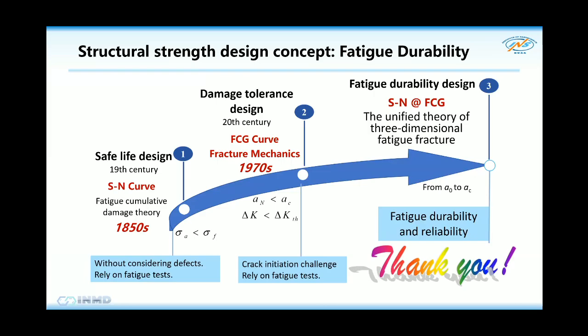And so we finally close my talk. In this age we have S-N fatigue design, and in the last century we have fracture mechanics, and we have damage tolerant design. And here we unify the zones of three-dimensional fatigue and fracture mechanics to make prediction by combining the fatigue and the fracture data for the durability design. This is one.